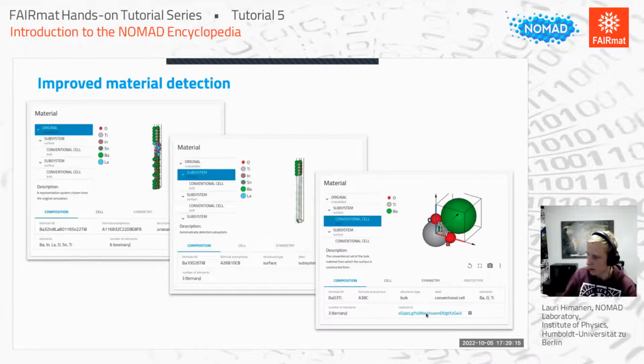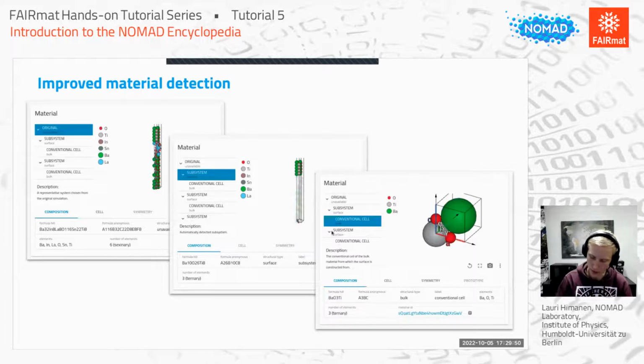So this way we can, first of all, create these links, which is important, but then also enable searches where you can say, I want to find all calculations that contain some part that has this material ID. So it doesn't have to be this bulk material itself. It can be this very complicated thing that has a part that consists of this bulk material. So this way we hope we can create much more meaningful queries, and also,